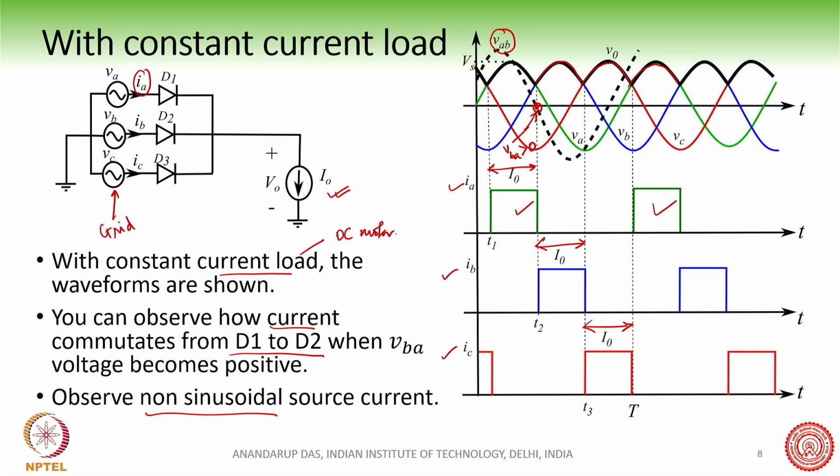And this is a very big problem for the diode rectifiers, or even thyristor rectifiers at a later stage, where they will not be able to meet the power quality standards as demanded by the grid. This is one of the biggest drawbacks of this kind of rectifier, although it is very simple in its operation. Here you can see that the current IA is very much like a square wave or quasi square wave.